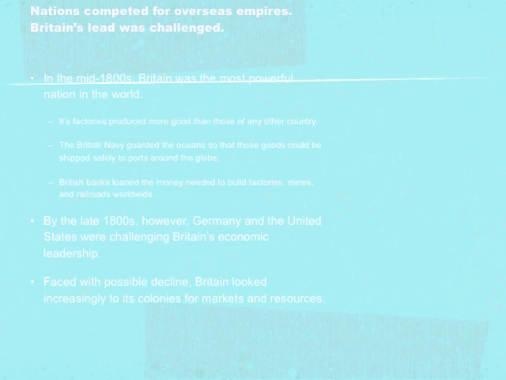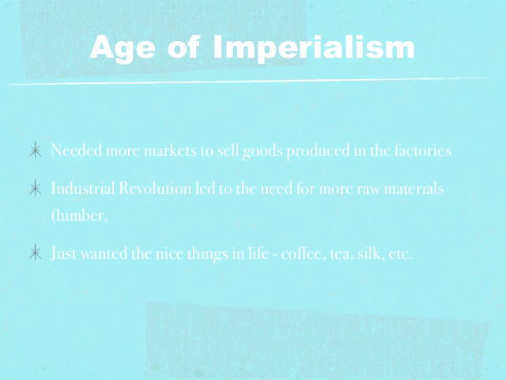But they're not the only country that is fairly successful. By the late 1800s, we have Germany and the United States, and they are the biggest threats to Great Britain's position as the world's most dominant country. So Great Britain's got to figure out a way that they can stay on top in the world community. By going out to other areas of the world, to Africa, to India, to China, to Southeast Asia, and setting up colonies in these parts of the world, a country like Great Britain can